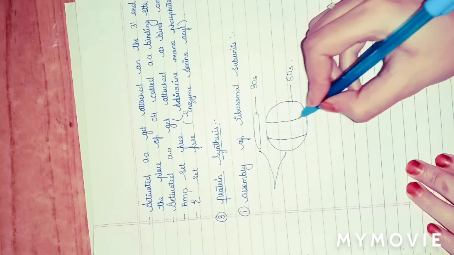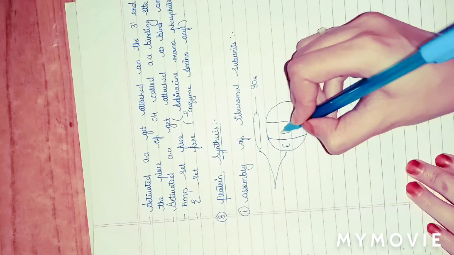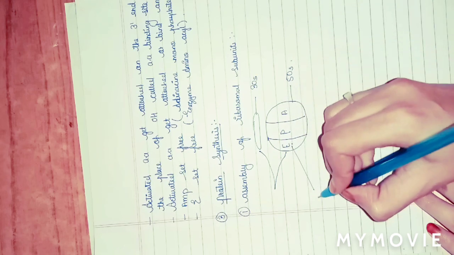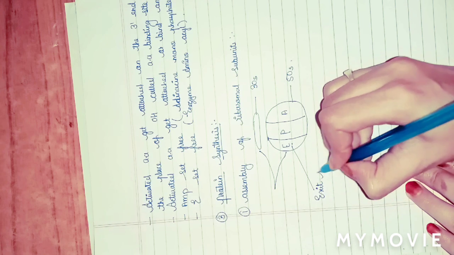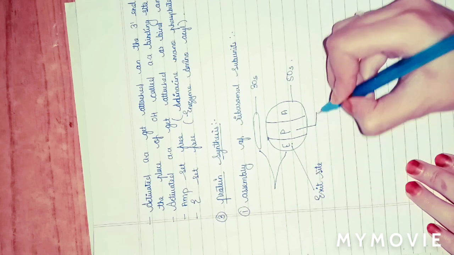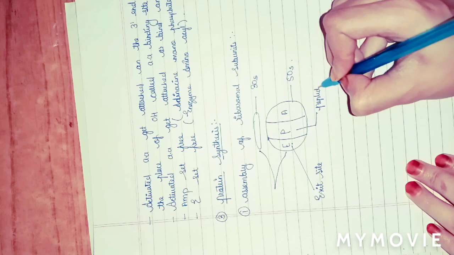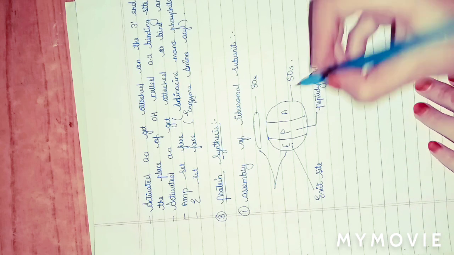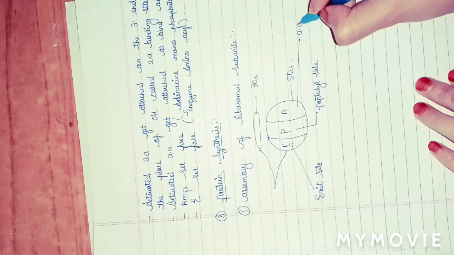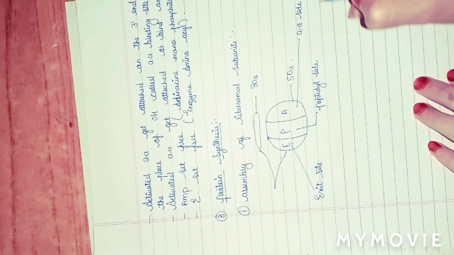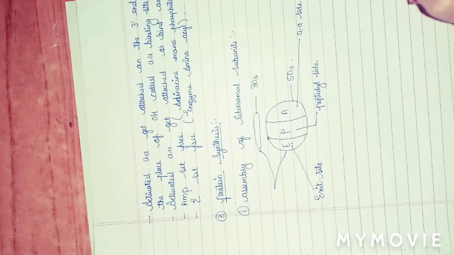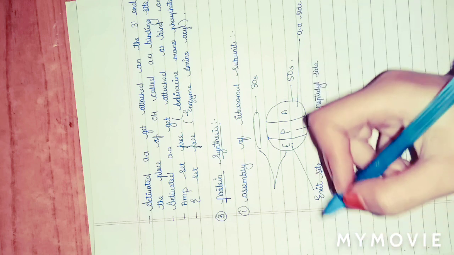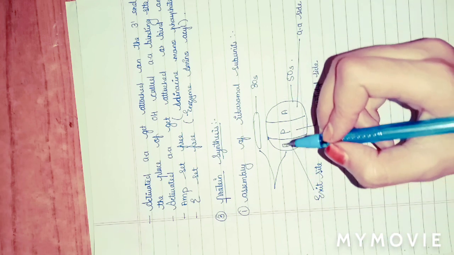The larger subunit has 3 parts: E side, P side, A side. What is the E side? It is the exit site. P side, peptidyl site, where the peptide bond gets formed. A side means amino acid side or activated amino acid side, meaning acyl side. Now from the exit site, tRNA is going to exit or leave.